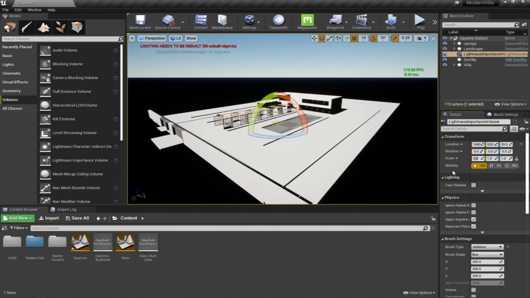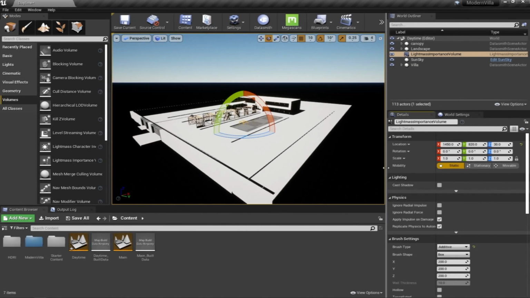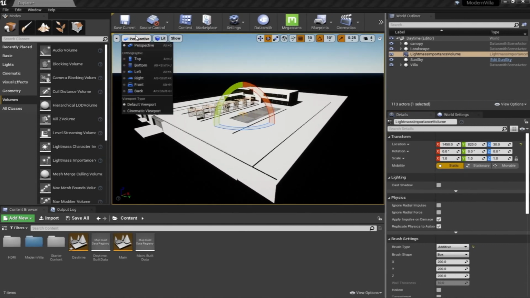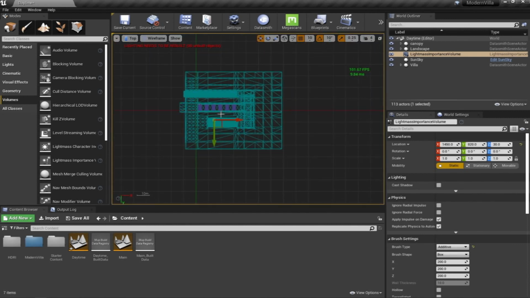So I just dragged the volume, and from top view, as you can see, it's a little bit small, so I'm going to increase its scale. We have this small lock on the right side. If you close it and adjust the scale, let's say to 15, it will adjust the scale on all of your